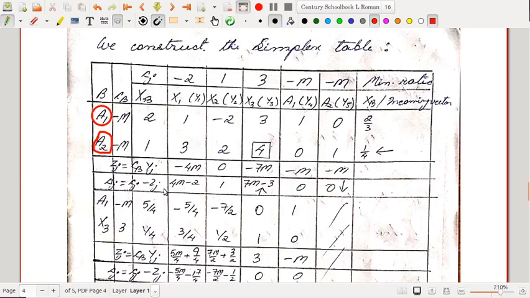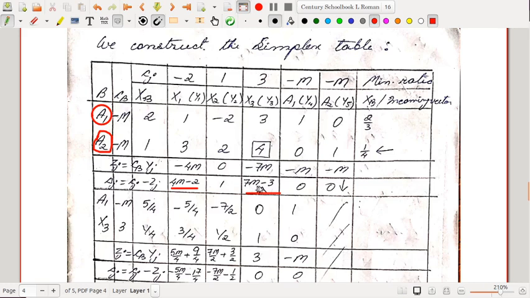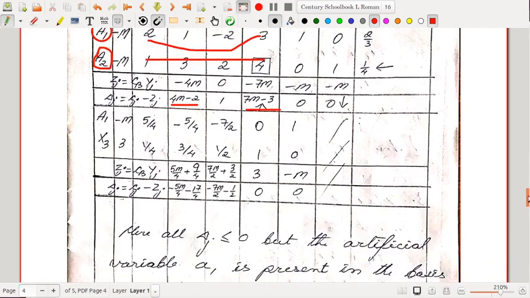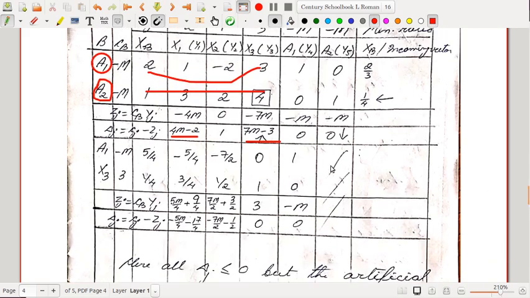Then you will see that you get three values which are positive, and out of them the largest is 7M minus 3. So we put an arrow mark here. The vector x3 is the incoming vector. So we find the ratio 2 divided by 3 and another ratio 1 divided by 4, right? Out of these two, the minimum ratio is 1/4. So the vector a2 will leave the basis, and the key element here is 4.